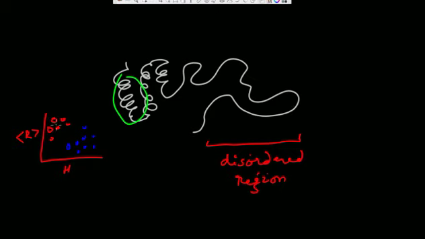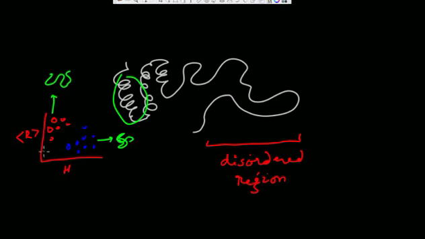While here it's telling you that hydrophobicity is low, so there will be no hydrophobic collapse during the folding. So there will be no hydrophobic entropy driven interactions, number one. Number two, the net charge is high, which means either the plus charge is high or the minus charge is high. So if this is the case, then it is not going to fold because of lack of electrostatic interaction and repulsion between positive to positive and negative to negative charge. So they are going to make an unfolded structure, and these are going to make a folded structure of protein.